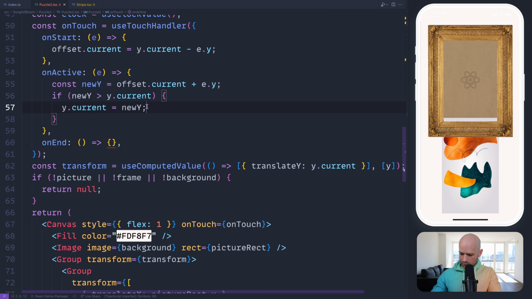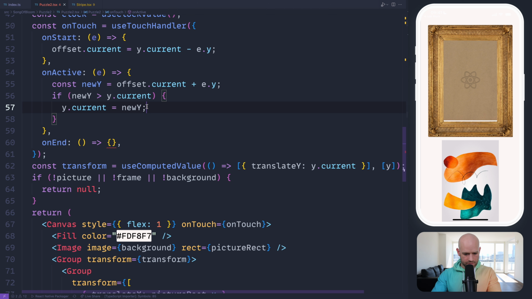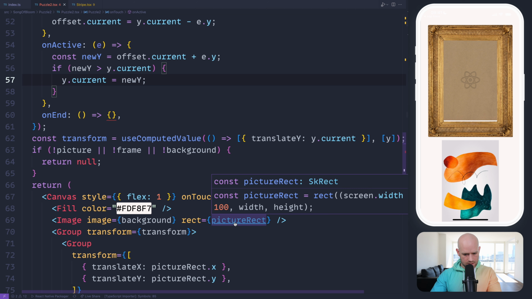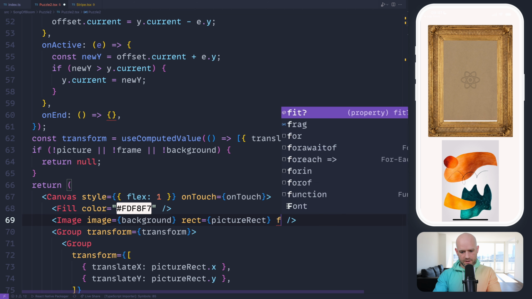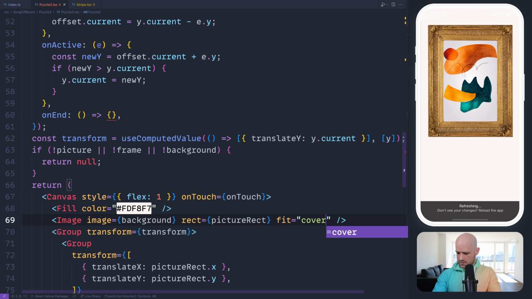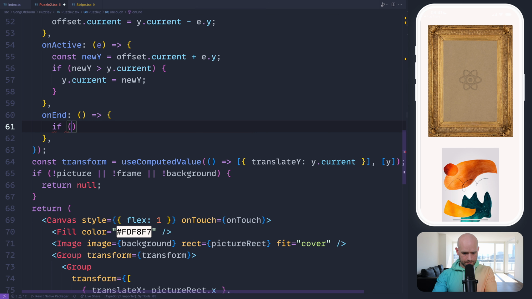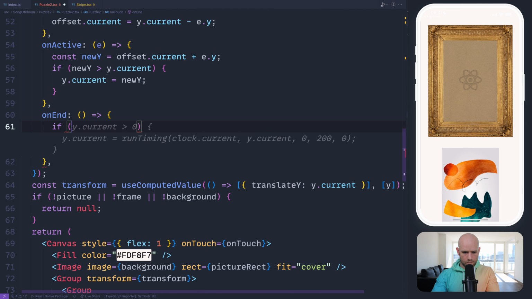And maybe one thing I want to do is that if I'm going outside the frame, it needs to drop down. But I see here also I have an issue with the position of the background. Oh, I can simply do fit cover. Okay. And here I want to drop. So if y.current